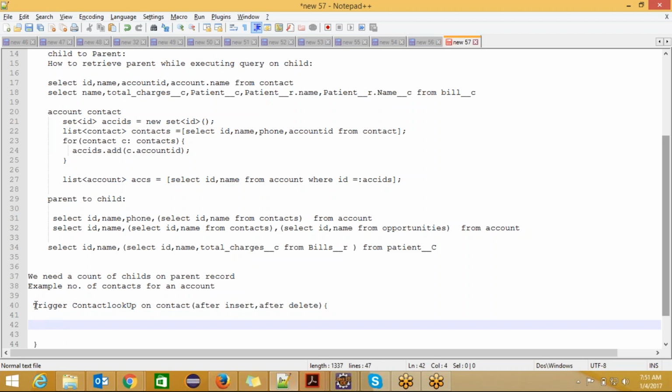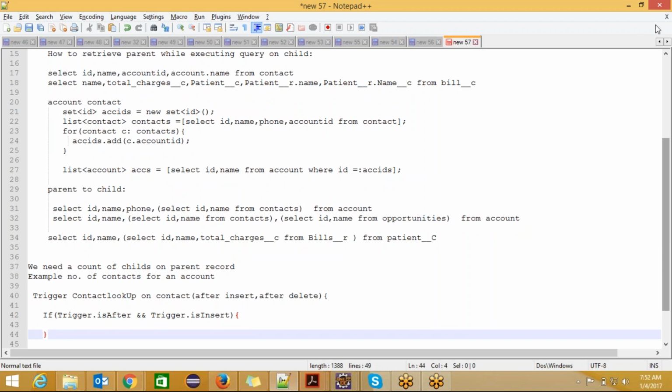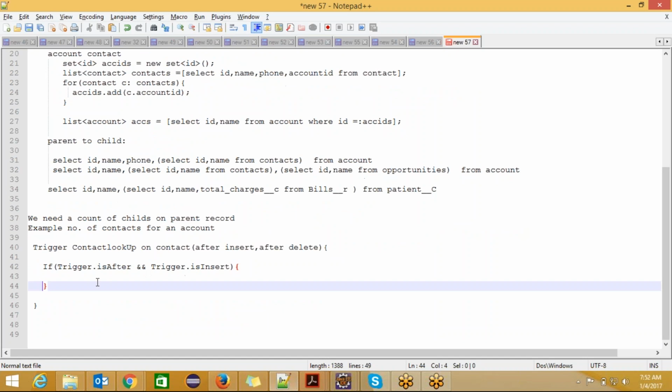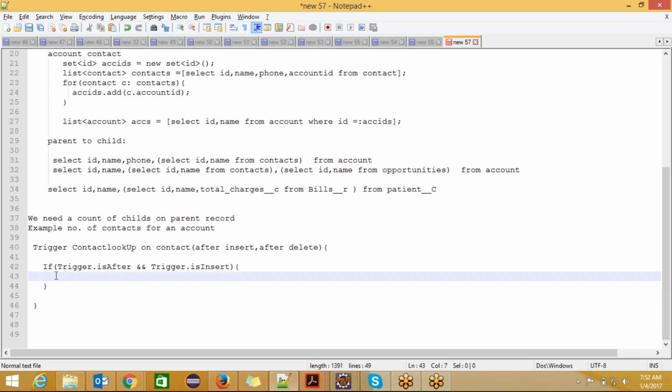Now, if trigger dot is after and trigger dot is insert, if it is after insert, do this. If it is insert, then